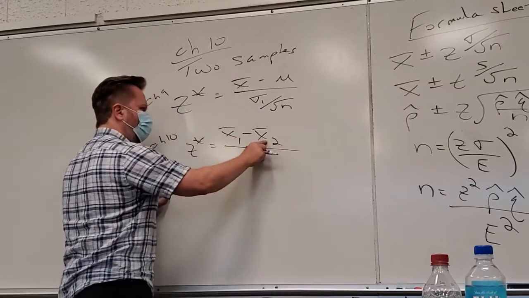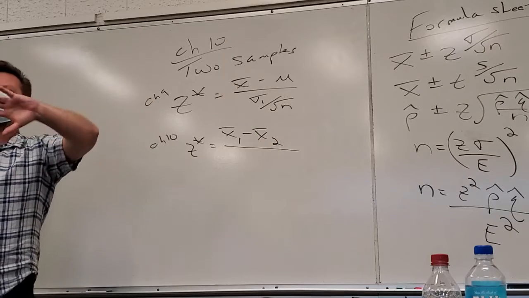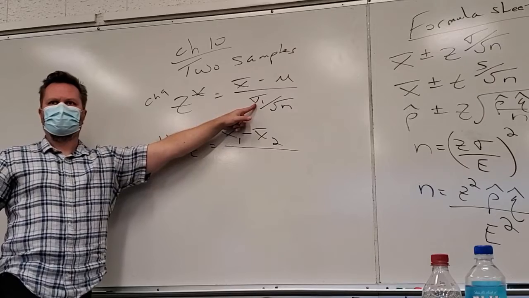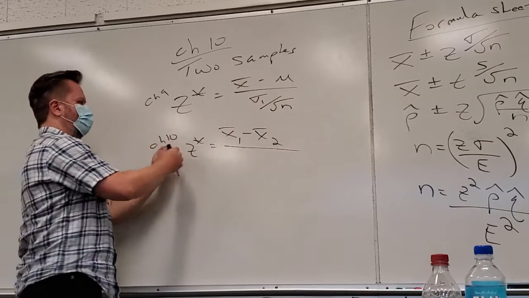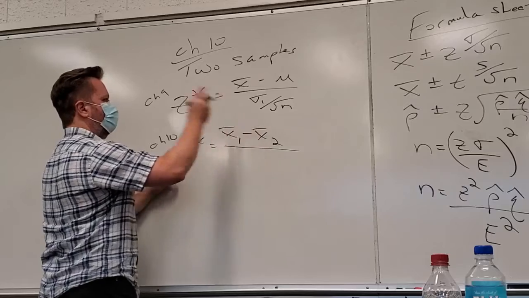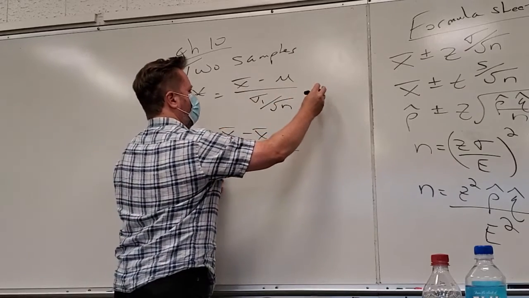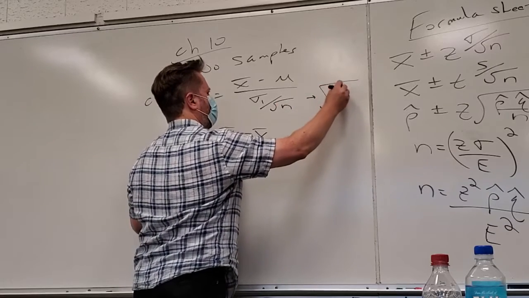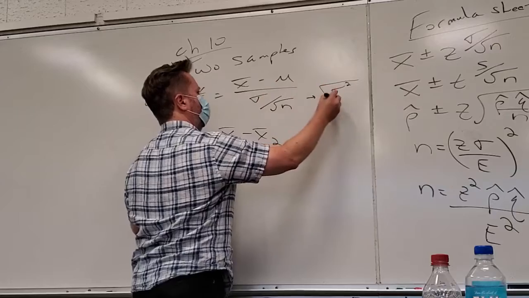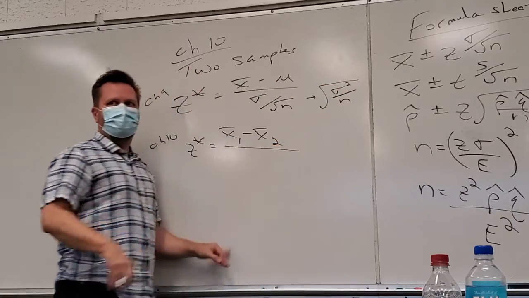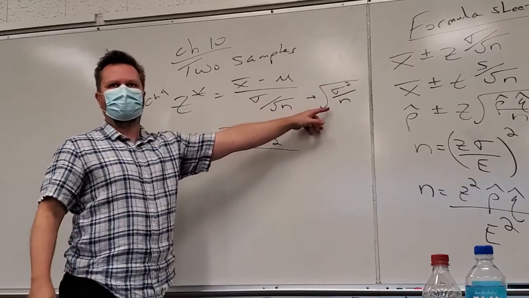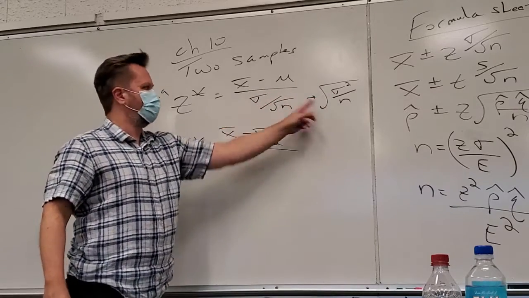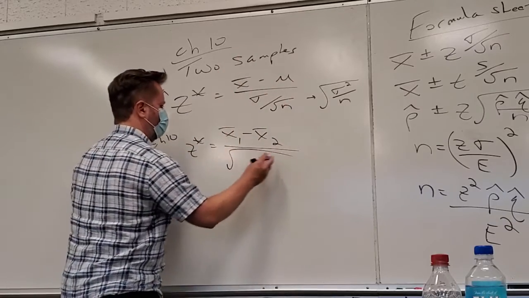And if I have 2 samples from 2 populations, I might have 2 different standard deviations. So really, the Z-star formula just kind of gets bigger. So watch what happens. Let me see if I can do this semi-quickly. Do you guys agree with me that this is the same as, sorry, does anyone have any problem with me doing that? What's the square root of sigma squared? Sigma. And square root of n is square root of n. Hey, it's the same thing. So watch it, this just doubles.